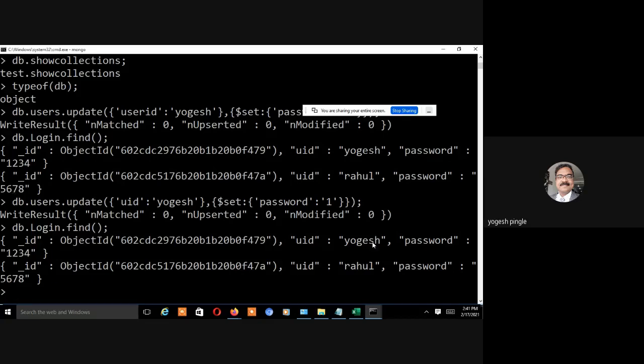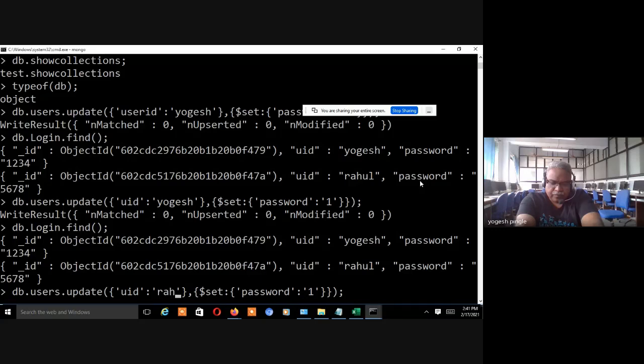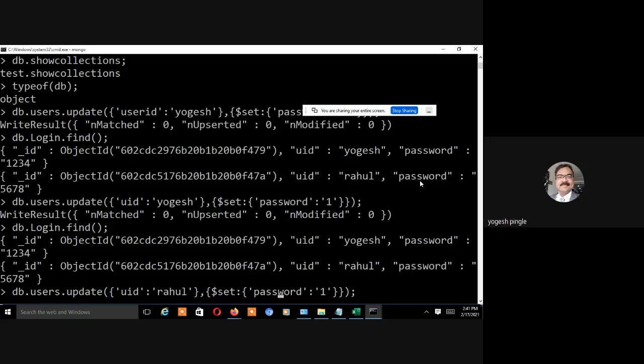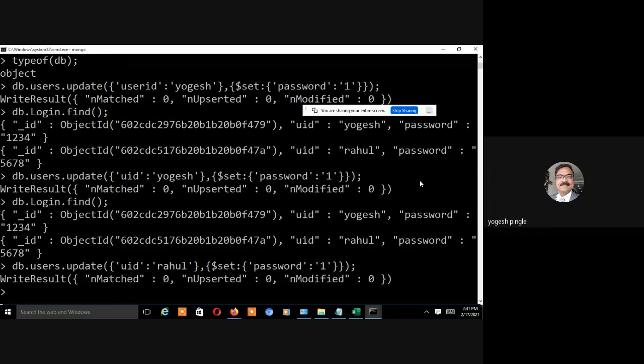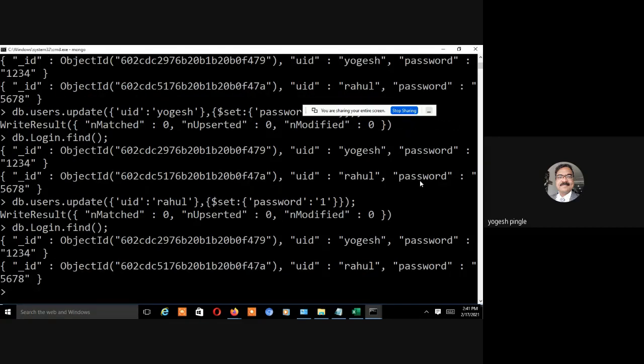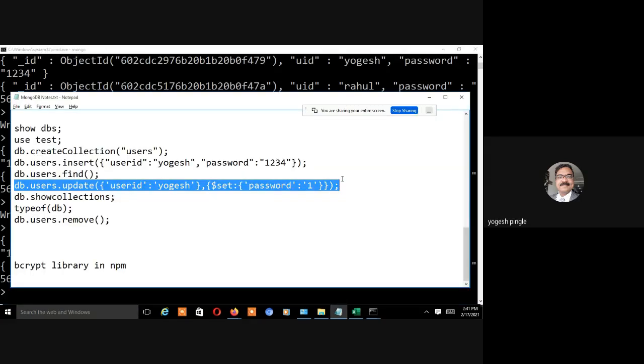It should find it and update that value. It is not updating; modified 0 is correct. Now you check from your side whether it works or not. But this is the command with $set, and then the value you are going to update is password colon 1, or whatever you want. You just do it.